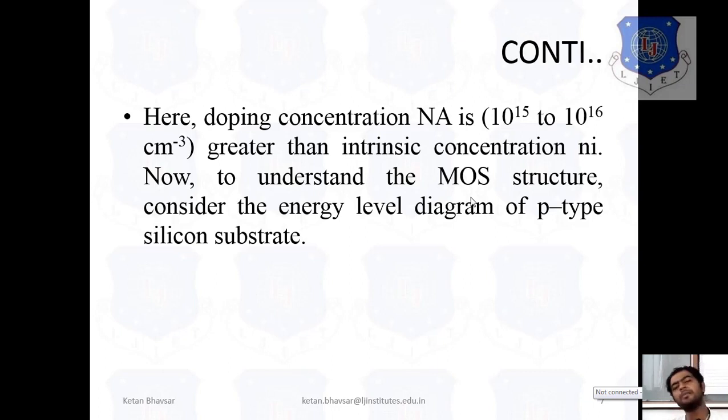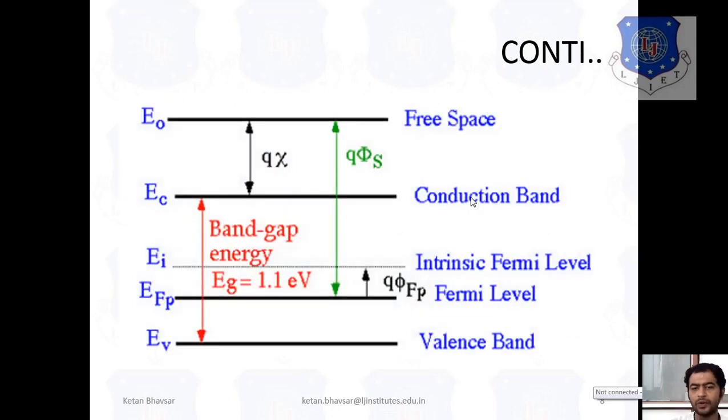Now when we talk about a particular MOSFET, the structure of the MOSFET and its conducting level, we have to think about the diagram that we already studied in the first year of engineering. It is the energy band diagram that you already know. As you can see, the valence band, Fermi level, intrinsic Fermi level, conduction band and free space. When electrons have a certain amount of energy and cross the Fermi level, they can reach the conduction level, as we already studied. And the Fermi level plays a main role in providing conductivity to the substrate.